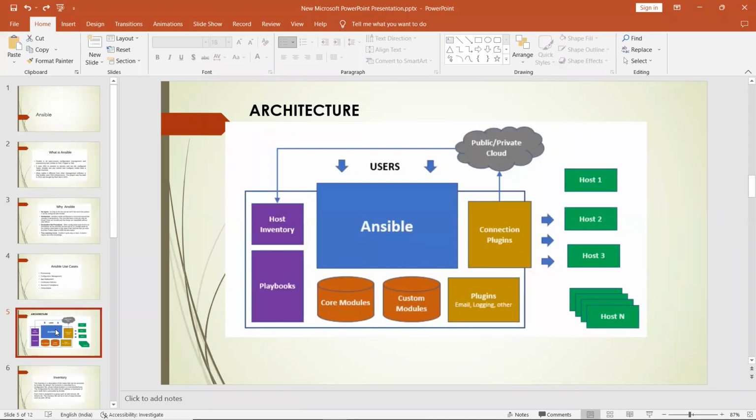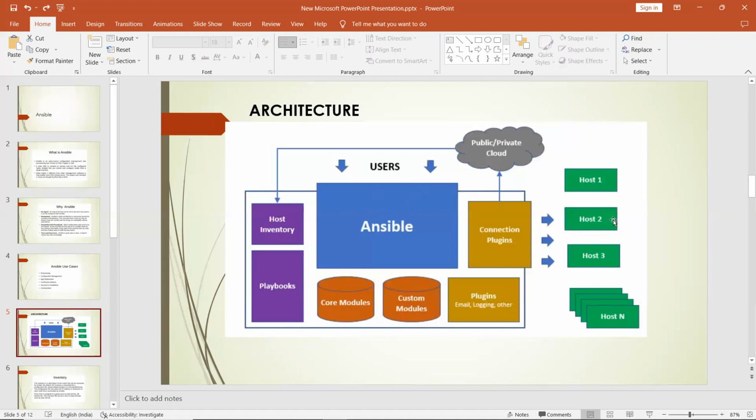So Ansible architecture looks like this. We have an Ansible server, and on the Ansible server we have the list of hosts, or the inventory. This list contains all the machines on which we want to do the configurations, like all the servers. This host file contains the address of each, either the IP or the host name. So we used to just fire a command from the Ansible server, and the configuration used to apply on all the